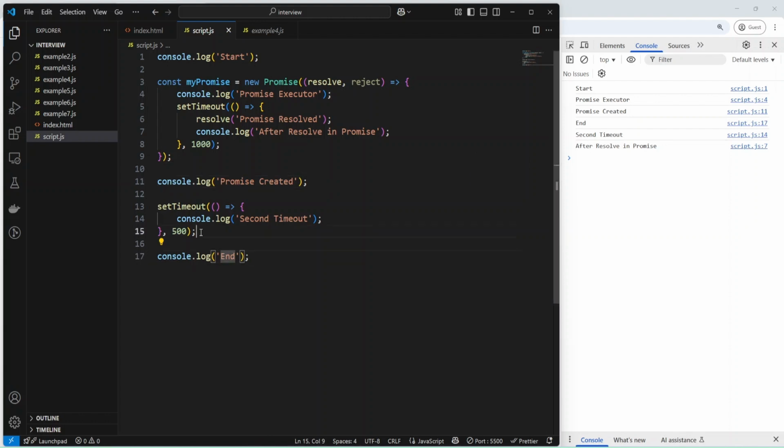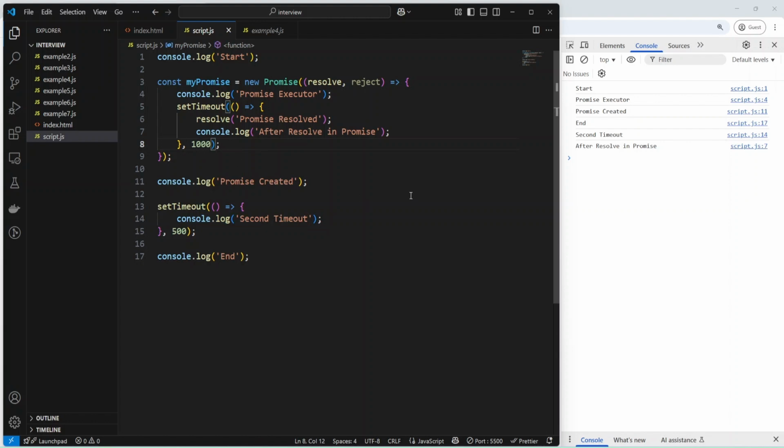Now we added some timeout to the macrotask queue with a timer, and it was executed. Then we have the timeout with 1000, and it was executed as well.